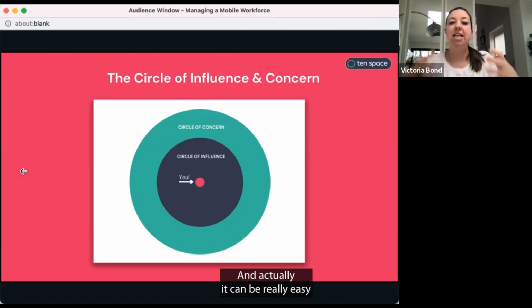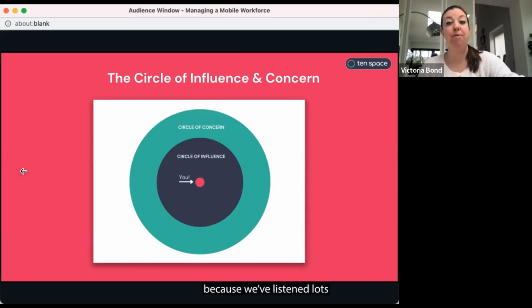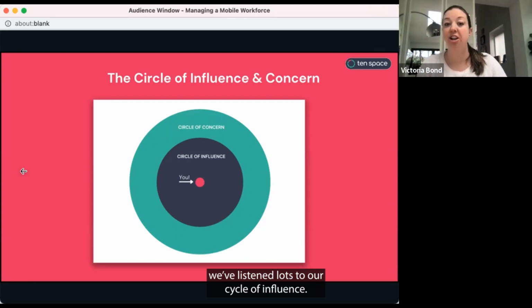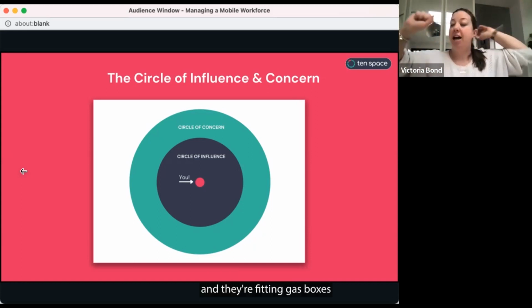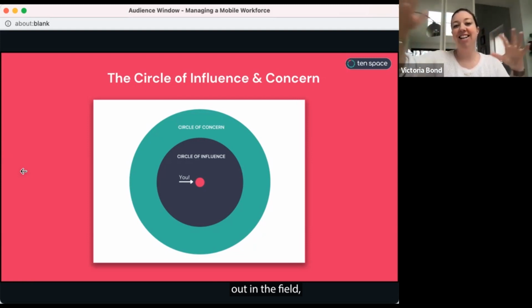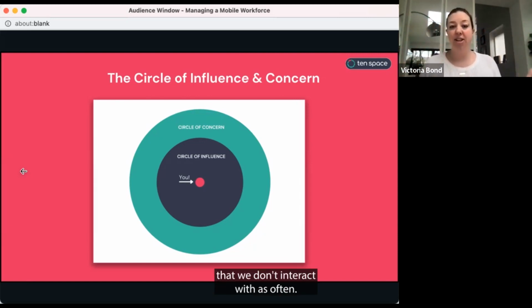And actually, it can be really easy to get to the point where we think that we understand what's going on with engagement in an organisation, because we've listened lots to the people that are closest around us. We've listened lots to our circle of influence. But there's that wider group, the circle of concern, as I would call it. People who are probably deskless, on the road, fitting gas boxes out in the field, at the checkouts in a supermarket, etc., that we don't interact with as often, and so their voice isn't as strong,